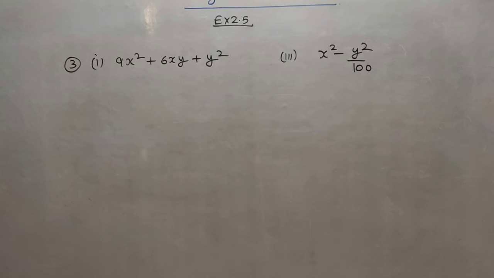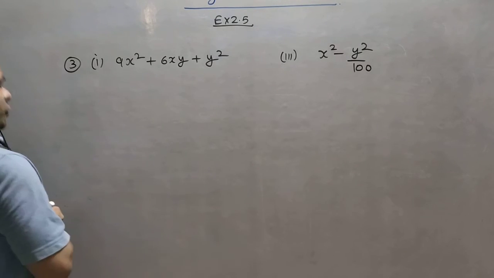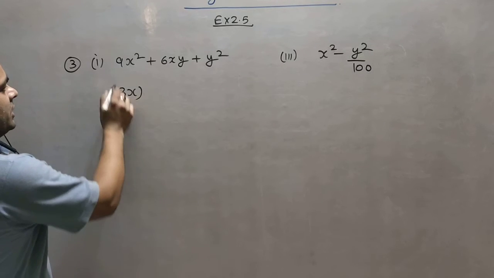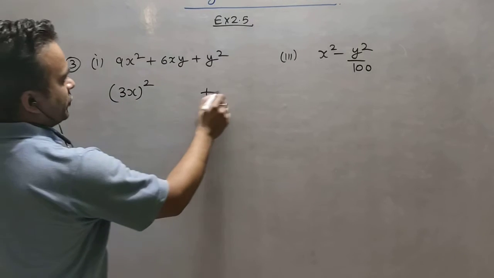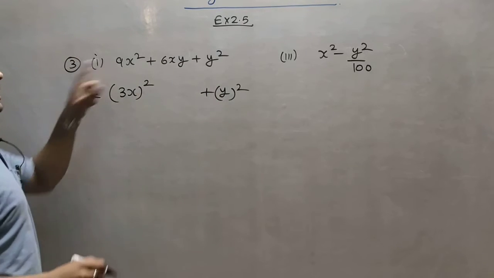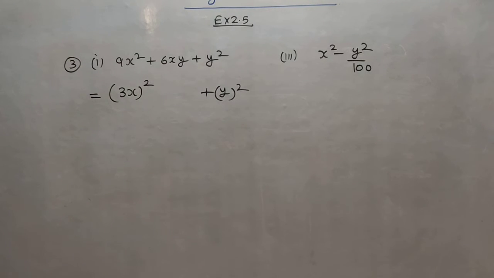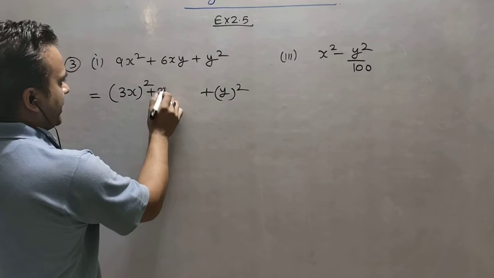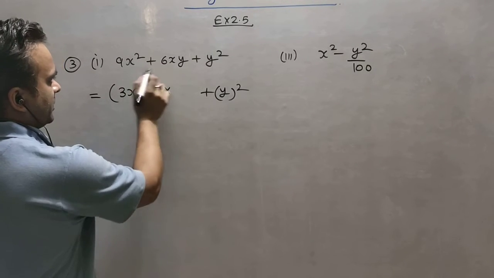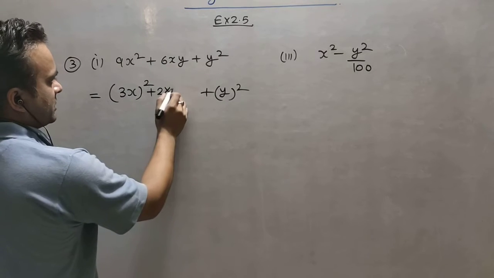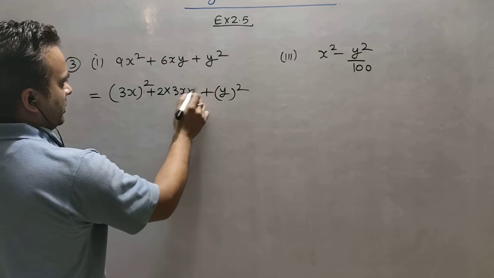So what you will do here, suppose you can see, can we write it 3x whole square, and this one y square. I am making it a complete square because 9 was not in the square form. If you see the middle term, if I put here 2, then what is left with this 2? 3, because 2 into 3 will be 6. So it is 3x into y.